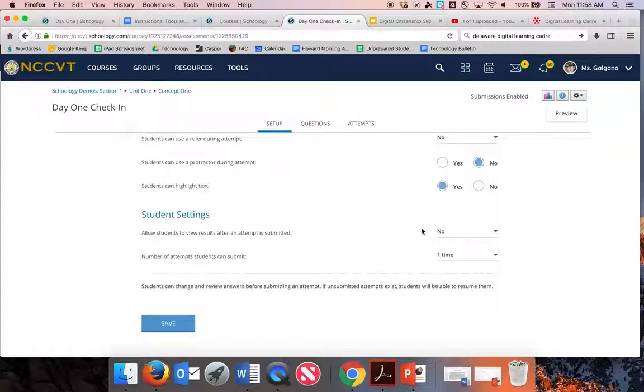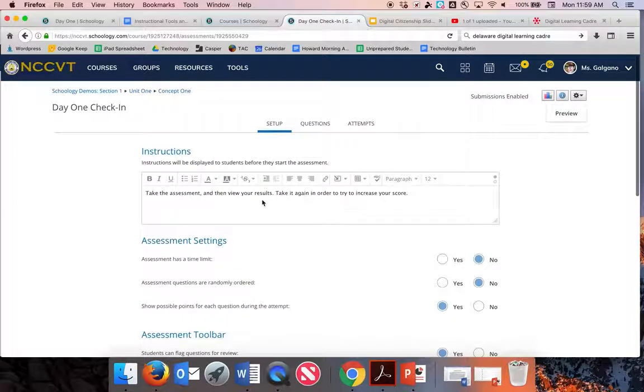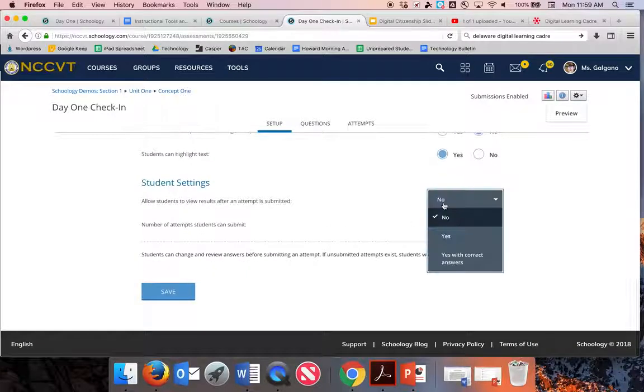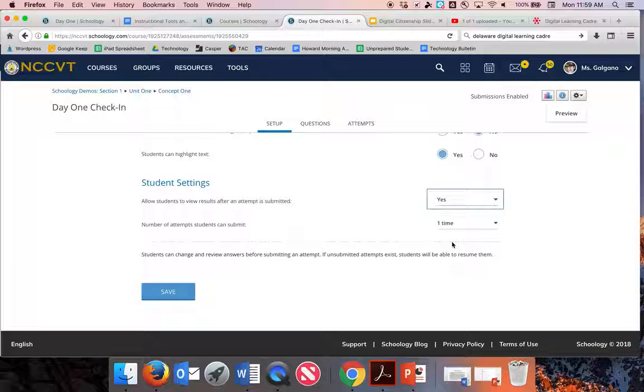You're going to want to keep this first one as no, because if you show students their results at the end, they'll be able to cheat more readily. But in this example, I told kids to view their results, so I'm going to need to turn this to yes. Now notice that there's yes and yes with correct answers. If I select yes, it's going to show students what they got wrong. If I say yes with correct answers, it's going to show them what they got wrong and what the right answer actually was. So I'm going to select yes